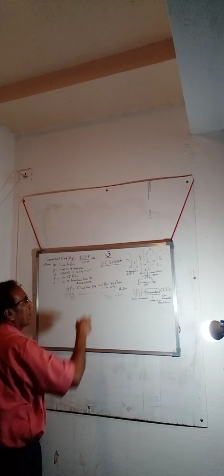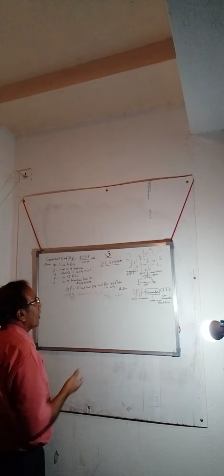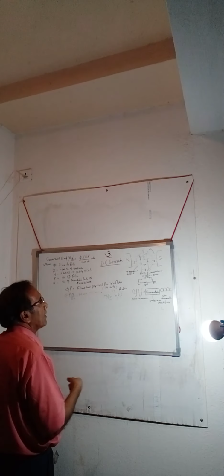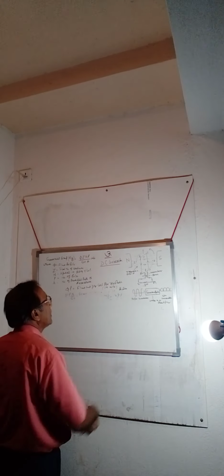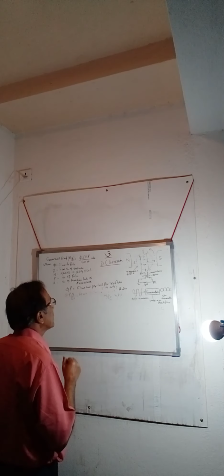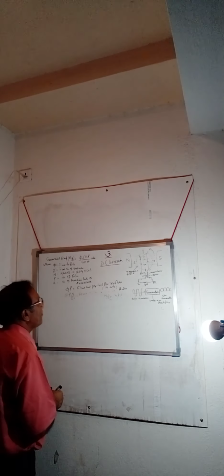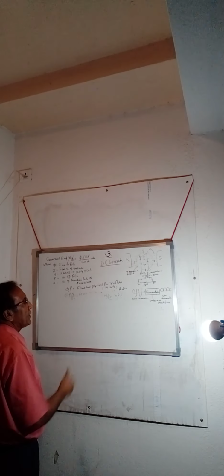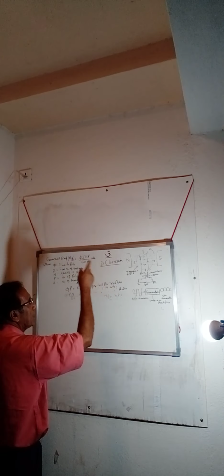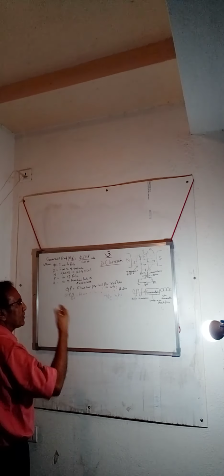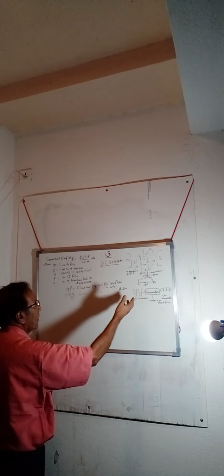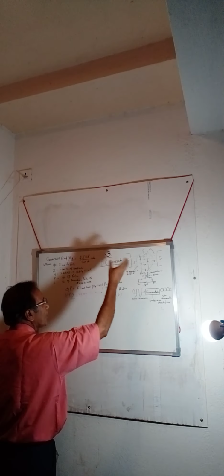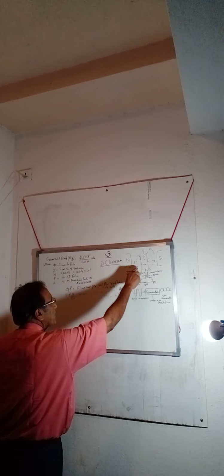Now the DC generator works on the principle of Faraday's law of electromagnetic induction. When a coil is moved in a magnetic field, the EMF is induced in the coil. This is Faraday's law of electromagnetic induction. Now the formula, and one thing more: the DC generator converts mechanical energy into electrical energy. So this diagram explains how the alternating quantity is produced in the coil when the coil cuts the magnetic field.